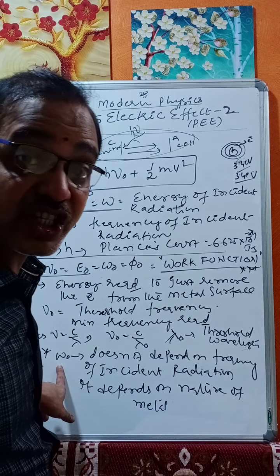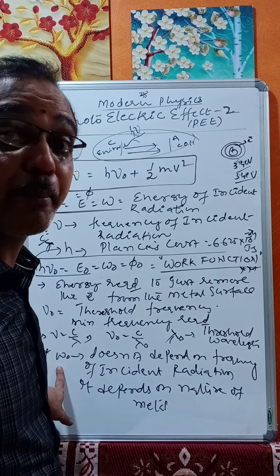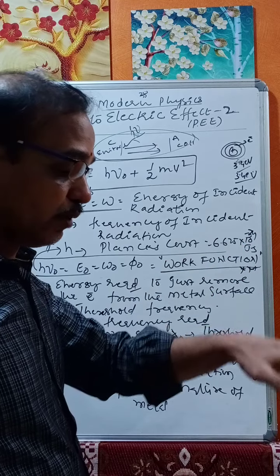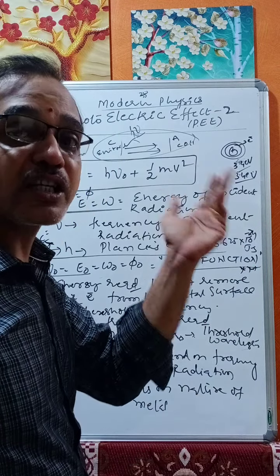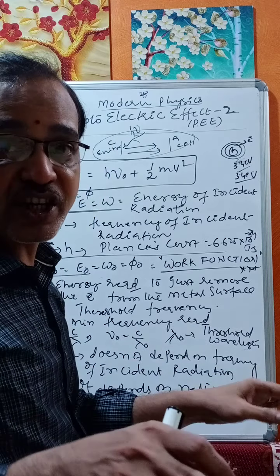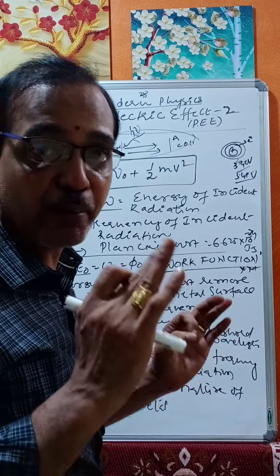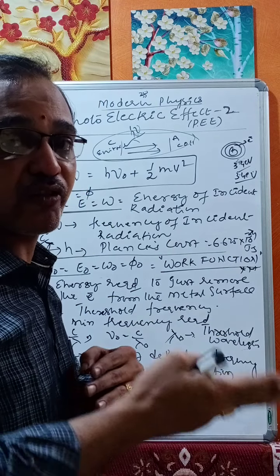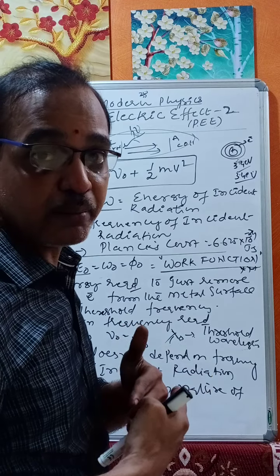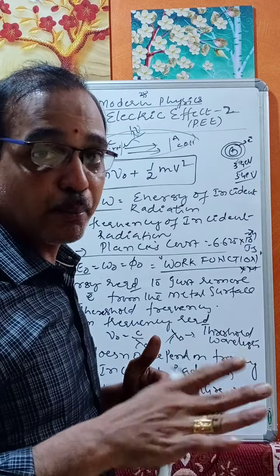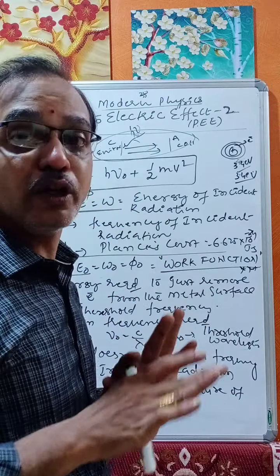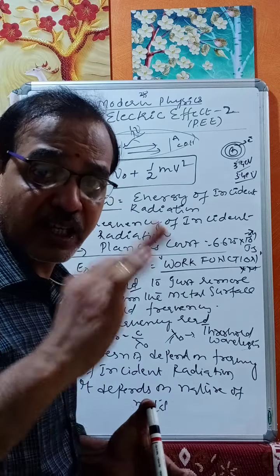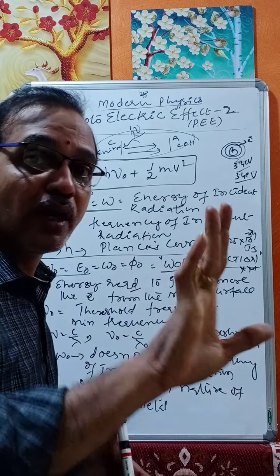Work function remains constant for a metal surface and varies from metal to metal. If you take sodium in India, if it is x, in America also it is x only. Therefore, it won't change. From metal to metal it varies. So for sodium it is x, for lithium it is y, and for potassium it is z. But for sodium, anywhere in the universe, it is constant. Therefore, the work function remains constant for a particular metal and varies from metal to metal.